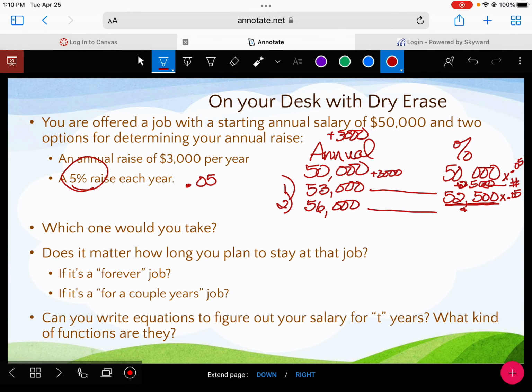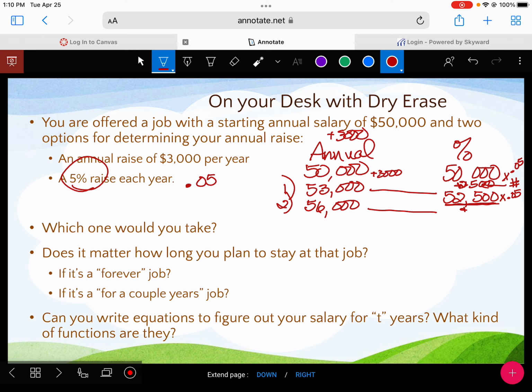All right, so here we have the problem. If you have an annual starting salary of $50,000 and two options for your raise, which would you pick? An annual raise of $3,000 a year or a 5% raise each year, okay? So after the first year, the annual raise takes you to $53,000. After the first year for the percentage raise, it takes you to